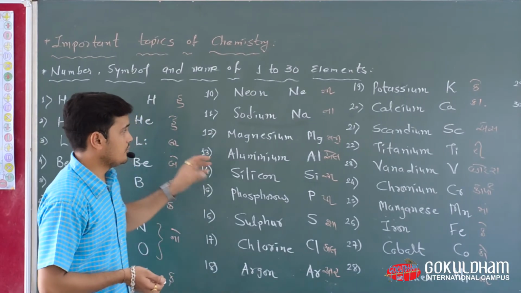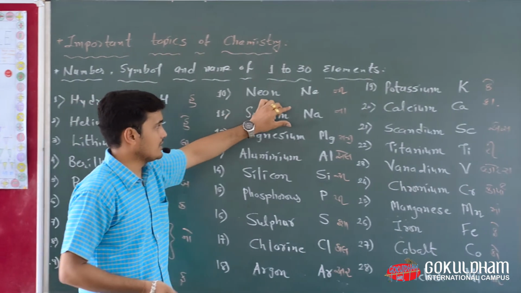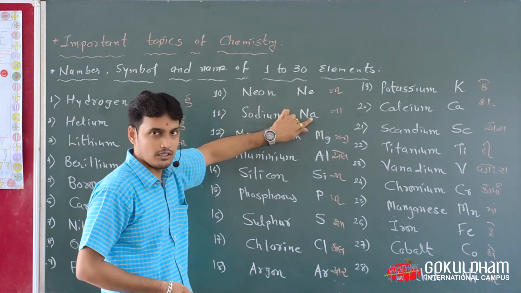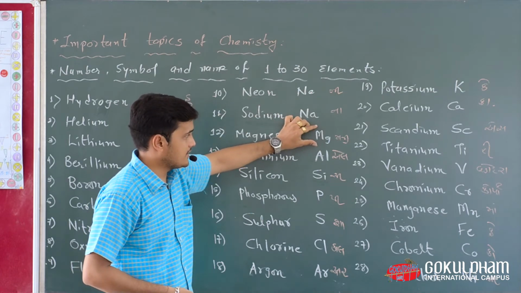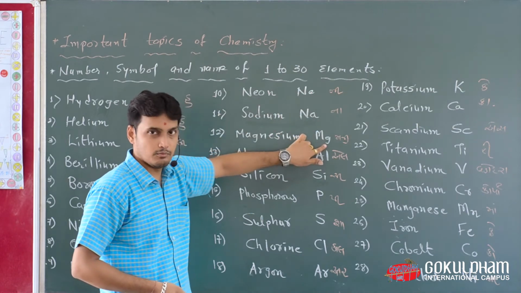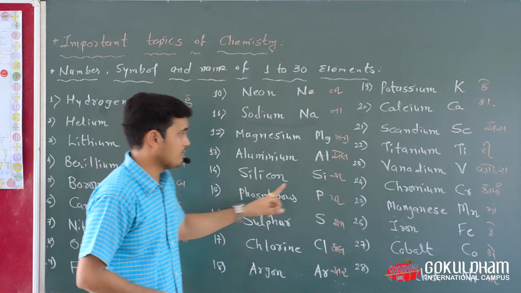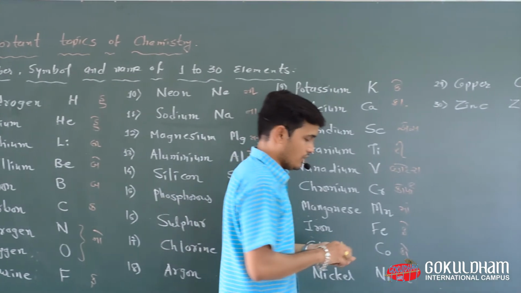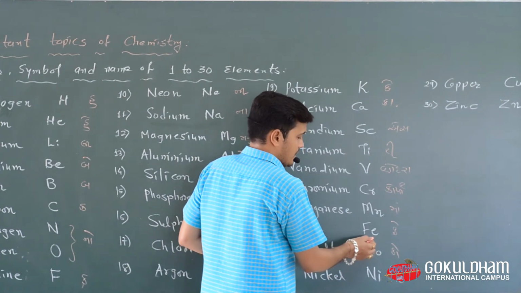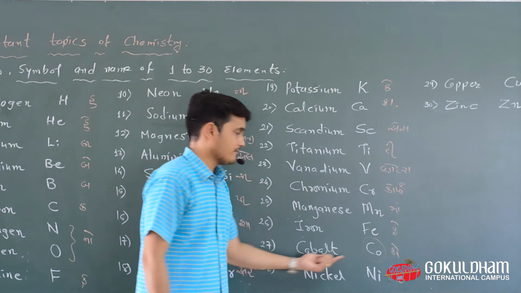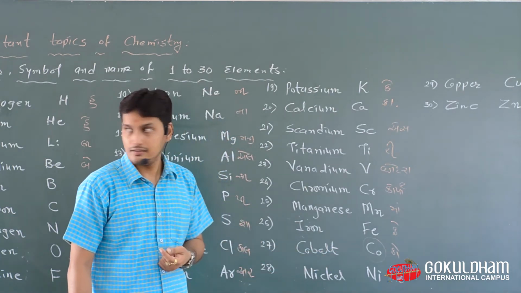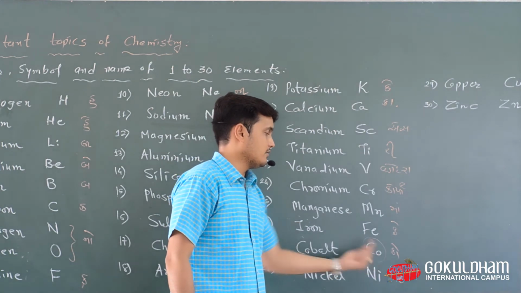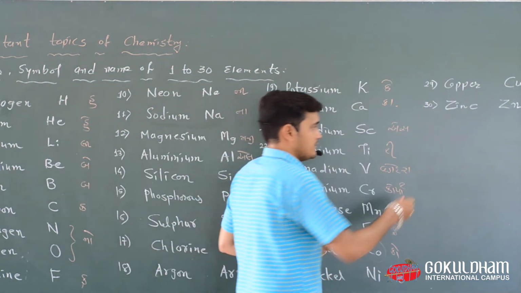Now, you see over here, the symbols are written in a very specific manner. The N is capital and A is small. In magnesium, M is capital, G is small. So you have to remember with the proper symbol. If you don't remember this symbol, then what is the problem? See, our 27th element, which is known as cobalt. If you read this element, then you must say C and O. See the difference.